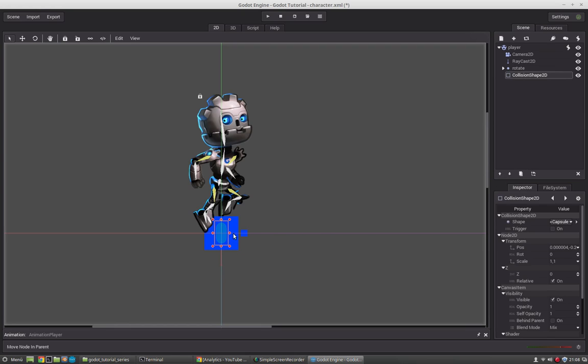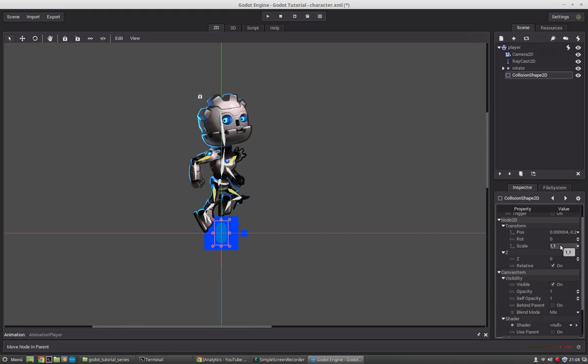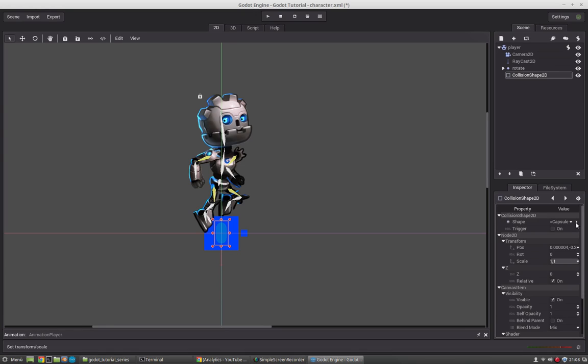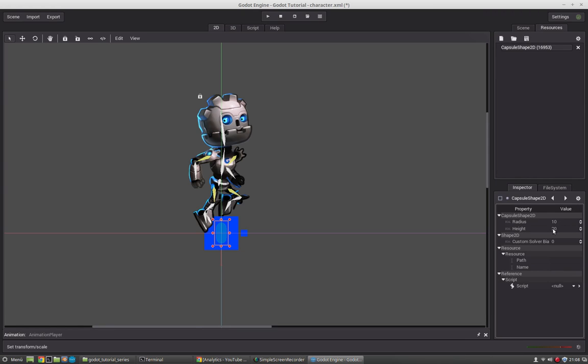Make sure you never change the size of that capsule shape with the scale values, because this will mess up your collisions. If you want to change the collision shape, you have to go to that resource. So you see that little arrow here, as I already mentioned. Press it and go into the resource, and there you have to resize